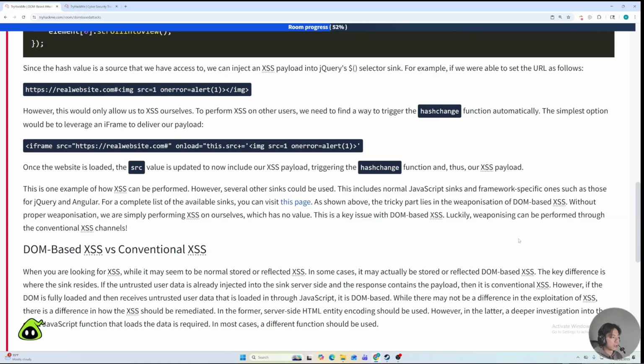If the untrusted user data is already injected into the sink server side and the response contains the payload, then it is conventional XSS. However, if the DOM is fully loaded and then receives untrusted user data that is loaded through JavaScript, it is DOM-based. While there might not be a difference in the exploitation of XSS, there is a difference in how the XSS